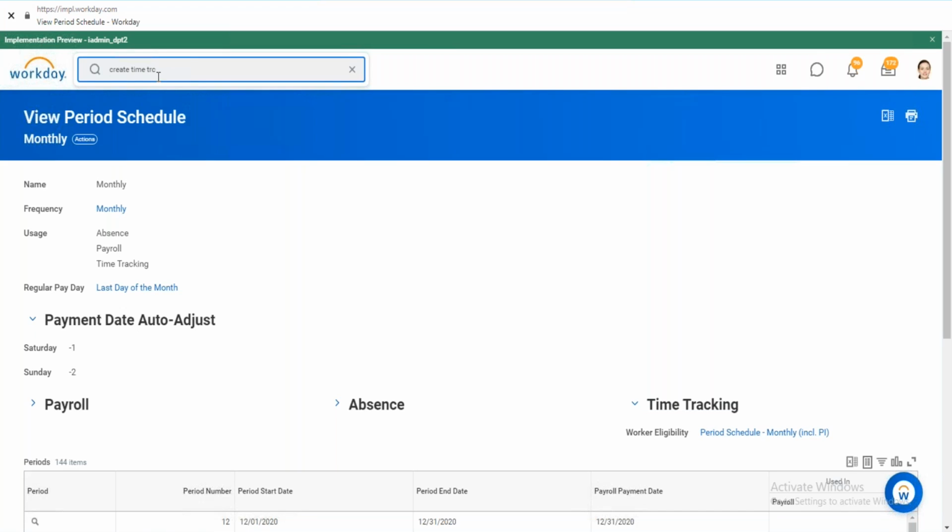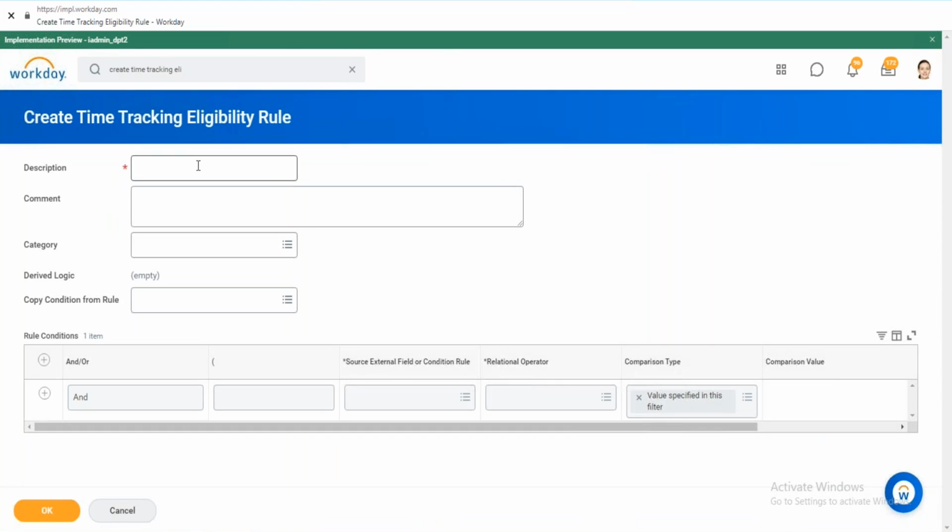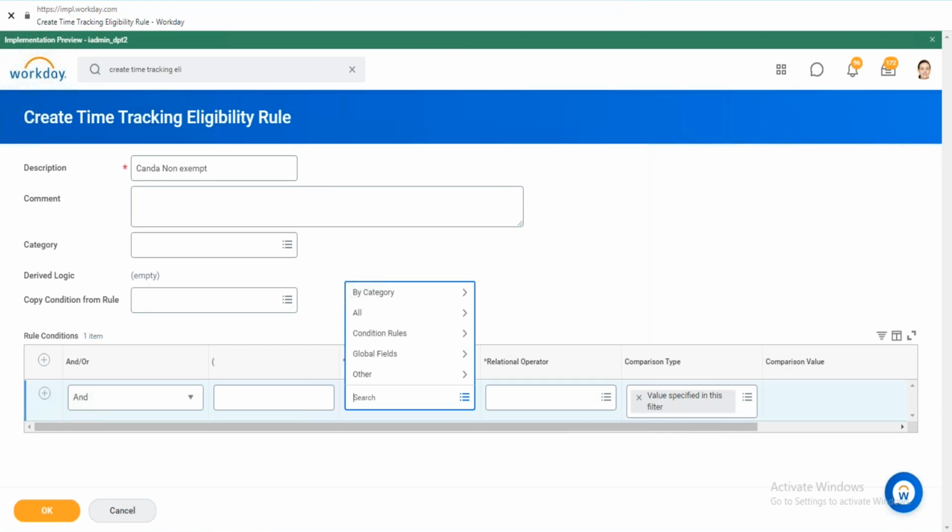Like, the first thing you will do, create a time tracking eligibility rule. Eligibility rule, Canada, Canada non-exempt. Yeah, it's very much similar to what we are using in compensation and recruitment and all those. Exactly. You go from a broader way to the narrow way. All right. So you will add non-exempt